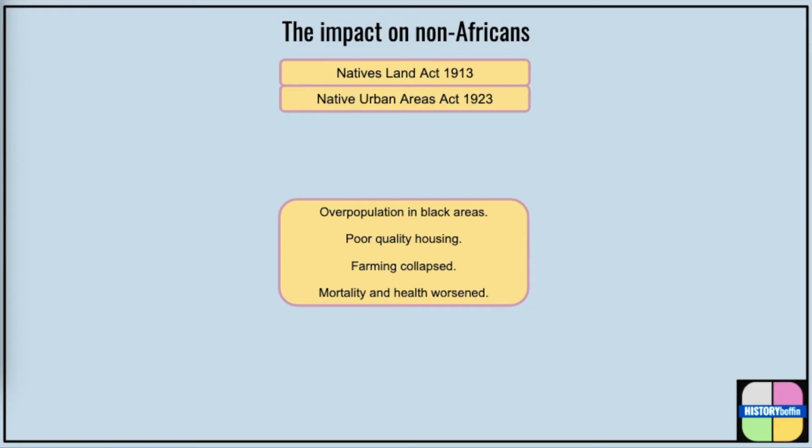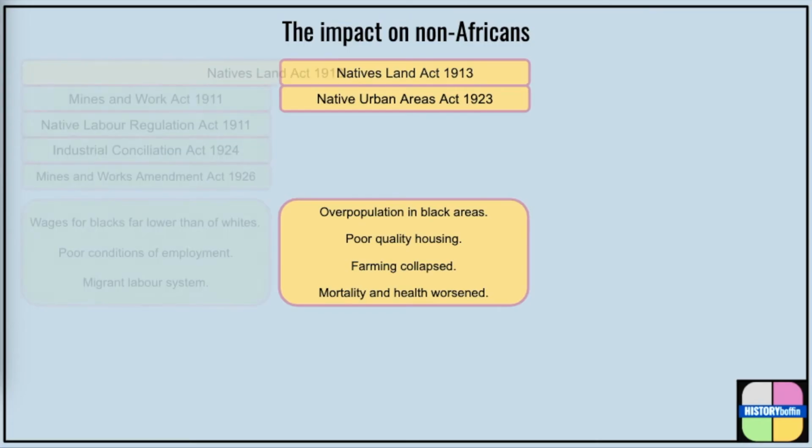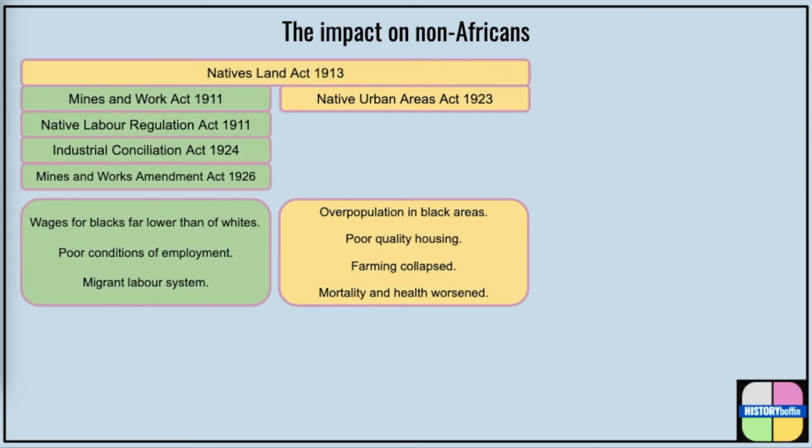Housing was of a poor quality, and as overuse of water and land led to dried up rivers and a dust bowl effect in the reserves, farming collapsed, leading to starvation and malnutrition. In the 1920s and 1930s, over 20% of black children never made it to their first birthday. The Natives Land Act also led to a migrant labour system, which provides a nice link to our next category